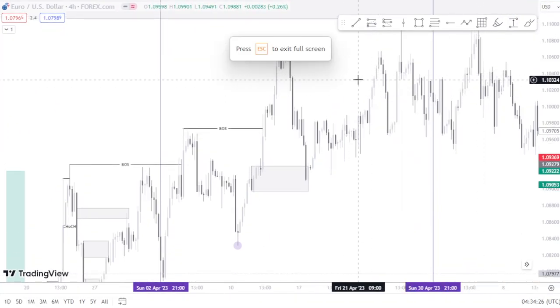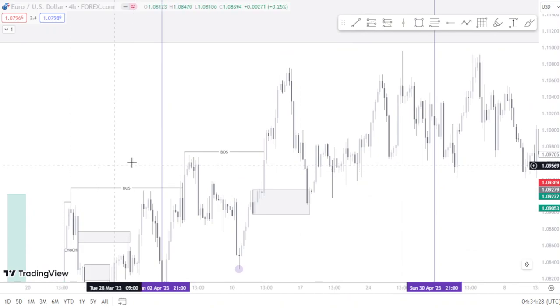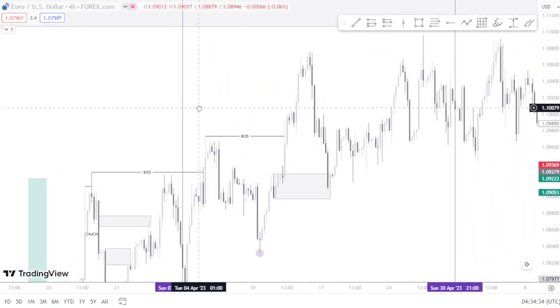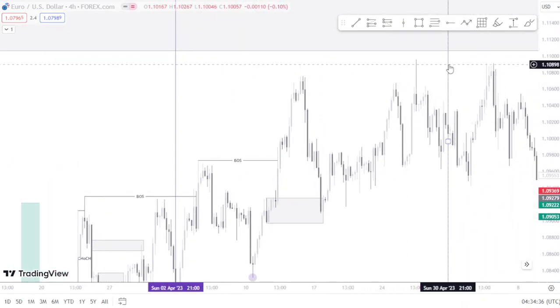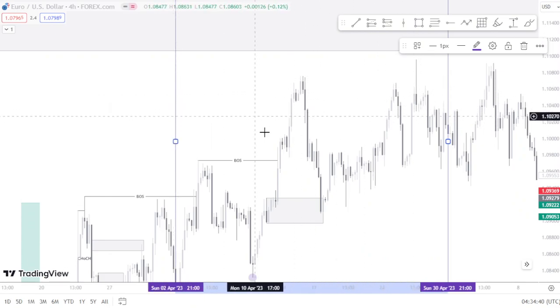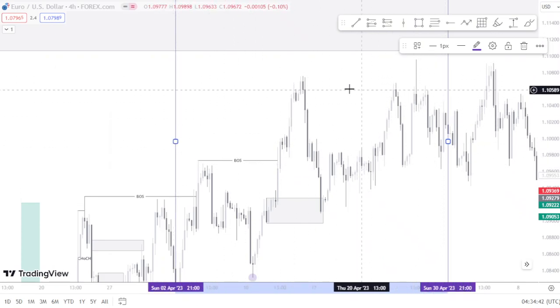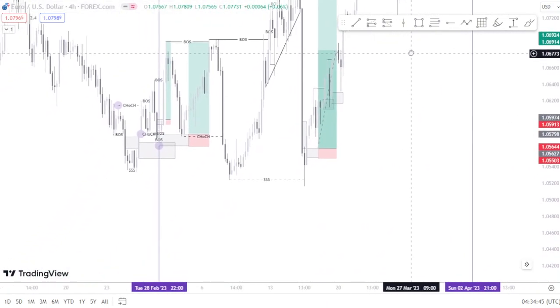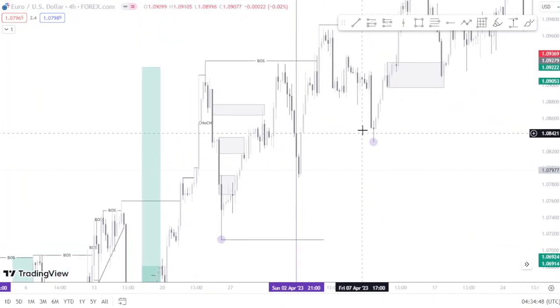Okay, I'm currently testing April 2023 on the Euro USD, and I am on the 4 hours chart. So April is actually between these two purple lines on my chart. So this zone here, this is the month of April. And if we just look back a bit, we can see that we are actually in an uptrend with